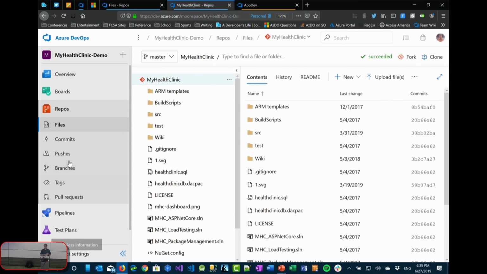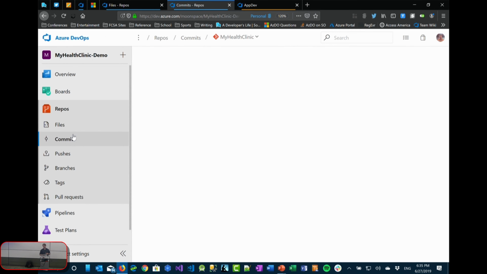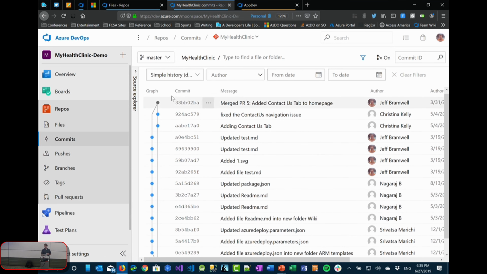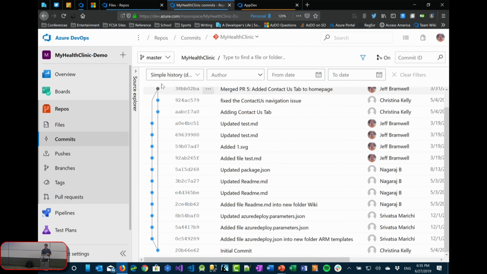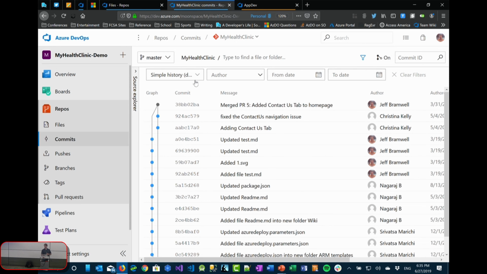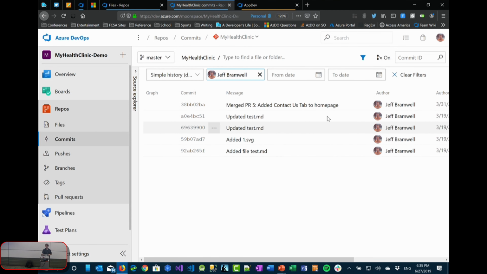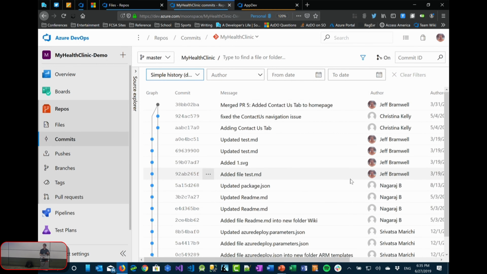I'm going to expand this back out. I mentioned earlier that a lot of times inside of Azure DevOps, it's just different views on the same data. If I go into Commits, for example, this is just a different view on the data we already saw. It's showing all the commits for the various branches. But here you can start filtering things out and getting down into the nitty-gritty. If I wanted to see just my commits, for example, or from a particular date range, whatever the case is. So again, it's just a different view on things. You can go in here, maybe I don't want to see the graph for whatever reason.